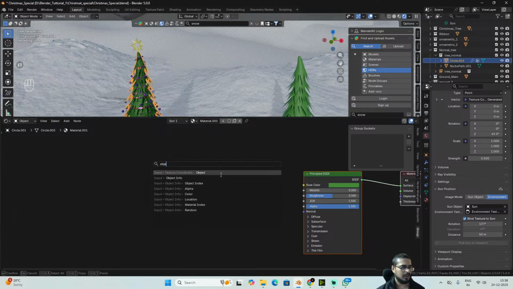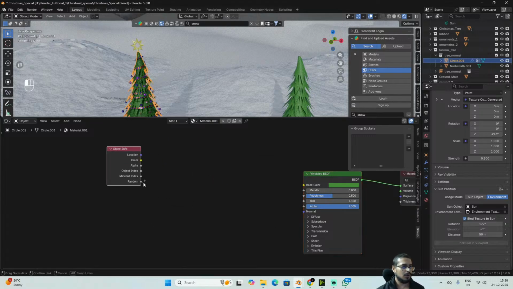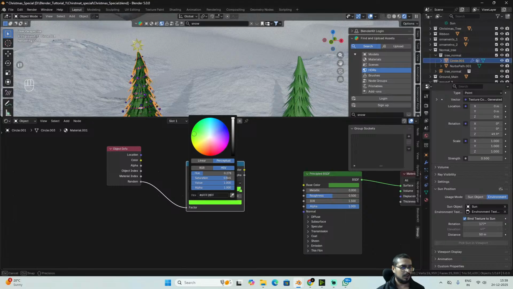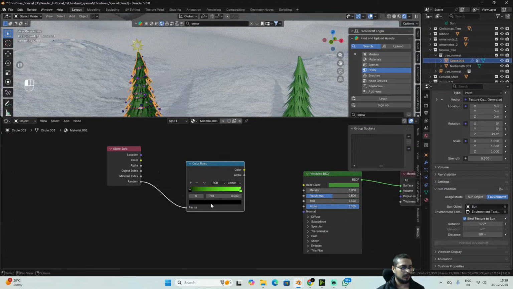So there are random green colors to the background trees. They are not all of the same color basically. So I'll add an object info node, add a color ramp, change the colors like maybe a very light green, a very dark green, add few more,